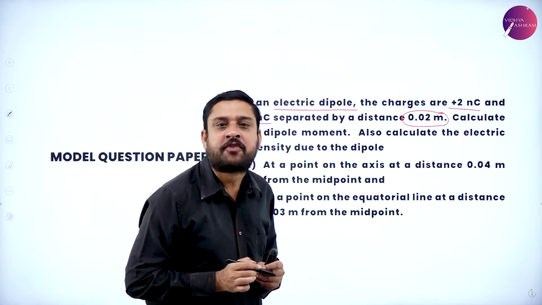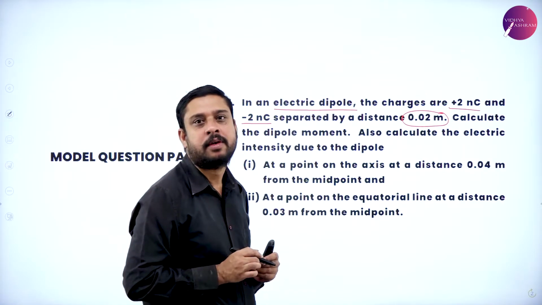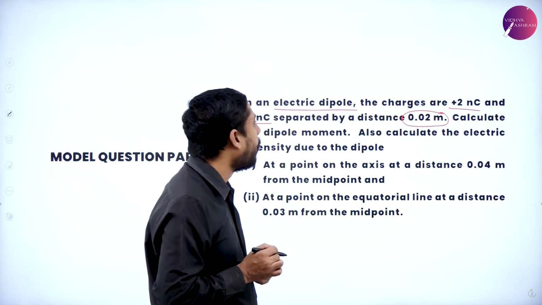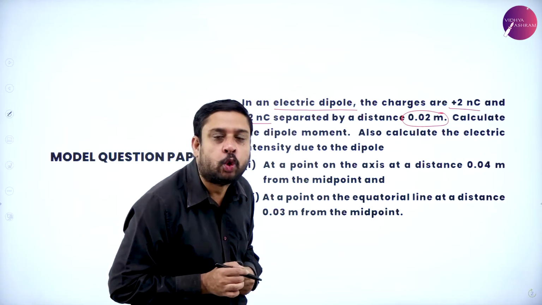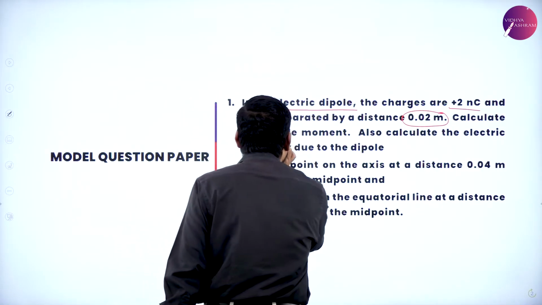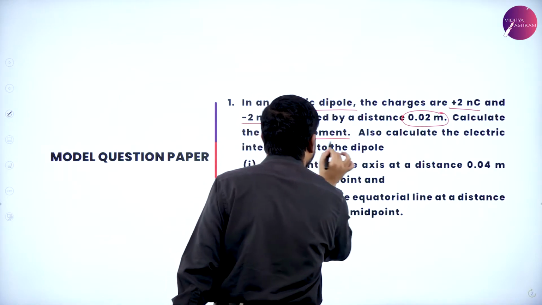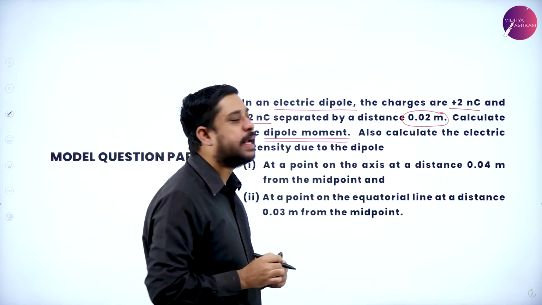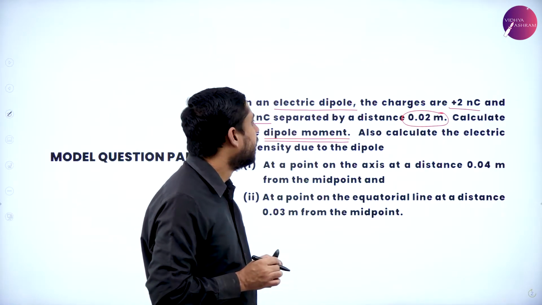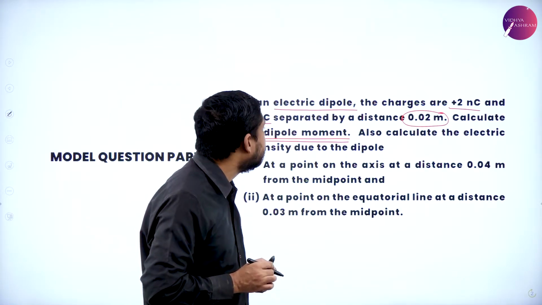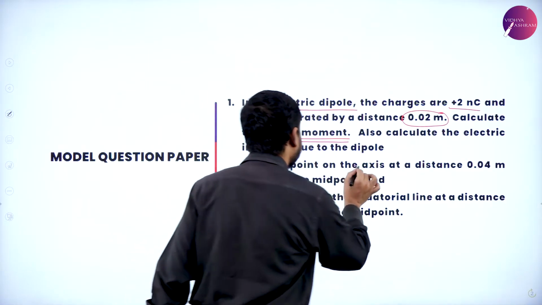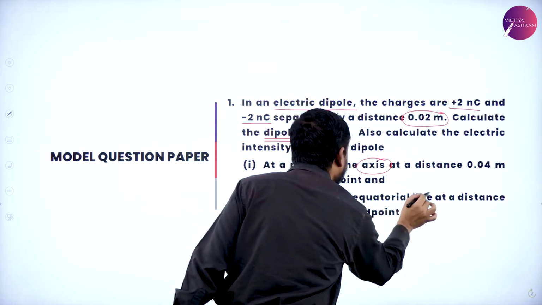Distance of separation between the two charges, 0.02 meter. I have to calculate the dipole moment and also the electric intensity due to the dipole at a point on the axis and